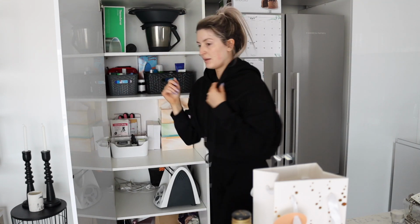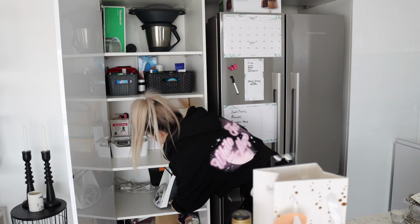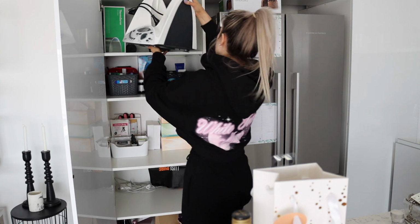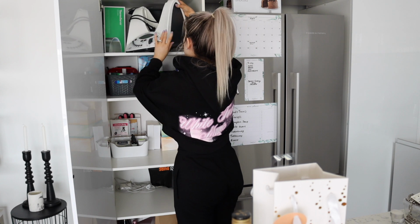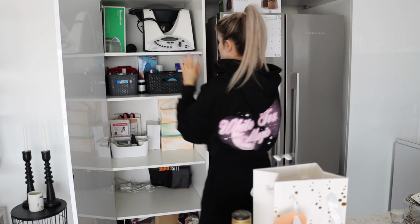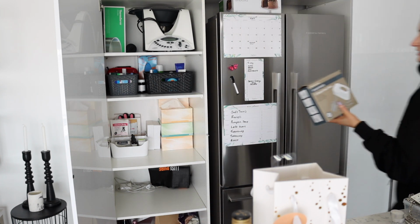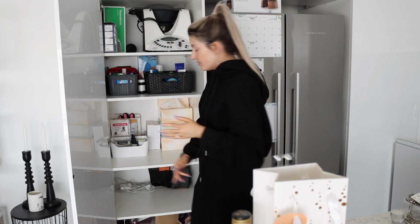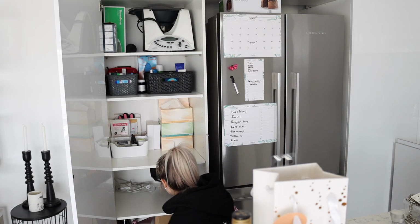I just like to keep all of my Thermomix stuff together in the one spot. So I am going to put the actual base unit up there too. Oh, that fits perfectly. Oh, that's so much neater already. And then I have just little handheld beaters, which I'll just pop in that corner as well. And then down here,